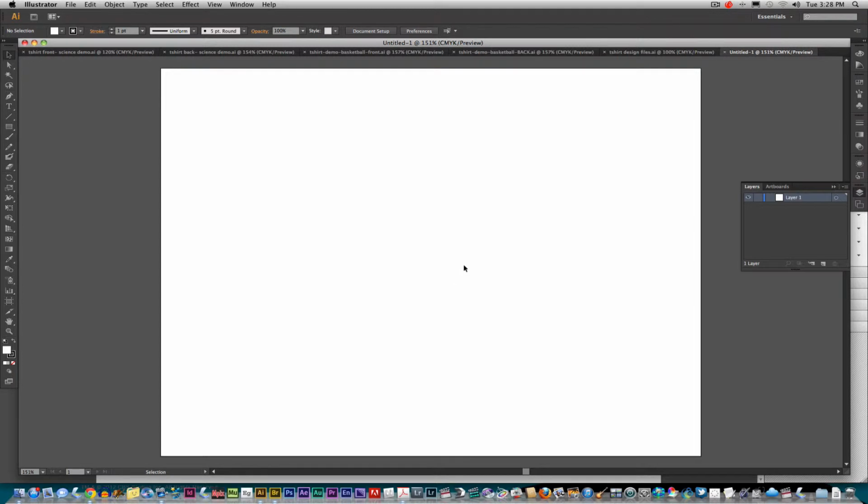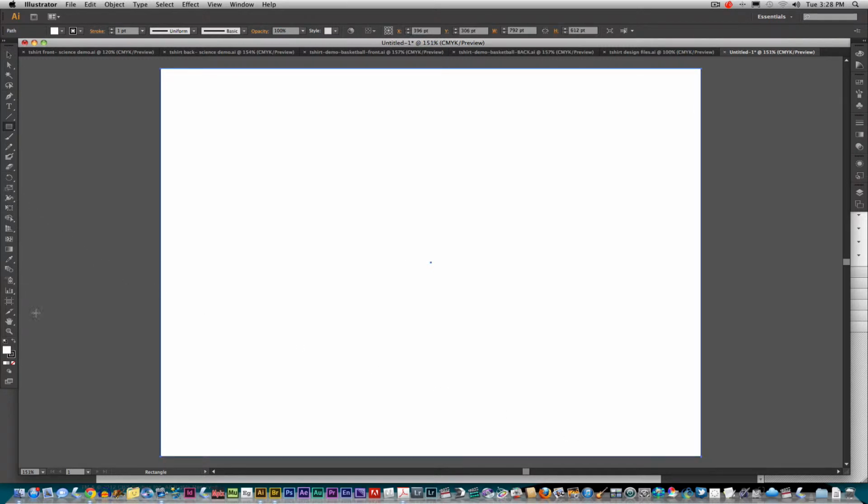Now the thing that I want to show you here is the idea of, okay, what about t-shirt color? What if I want it to be a red shirt or a green shirt or a purple shirt or whatever? Well, here is what I would recommend you do. I'm going to close that panel over there. I'm going to take the rectangle tool here, and I'll just draw a large rectangle that fills the entire artboard